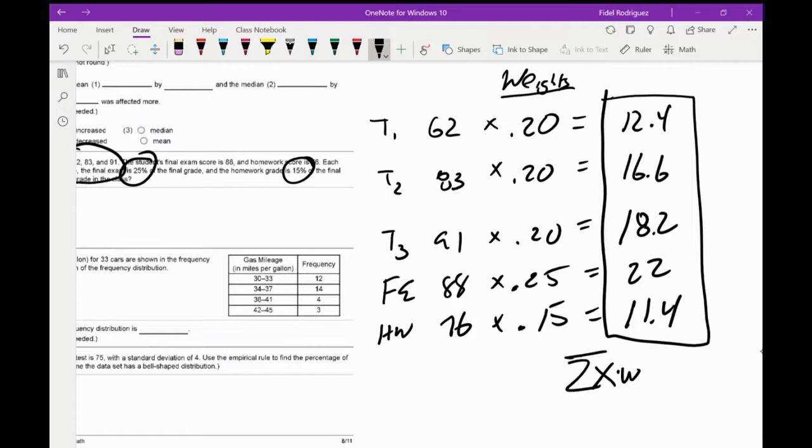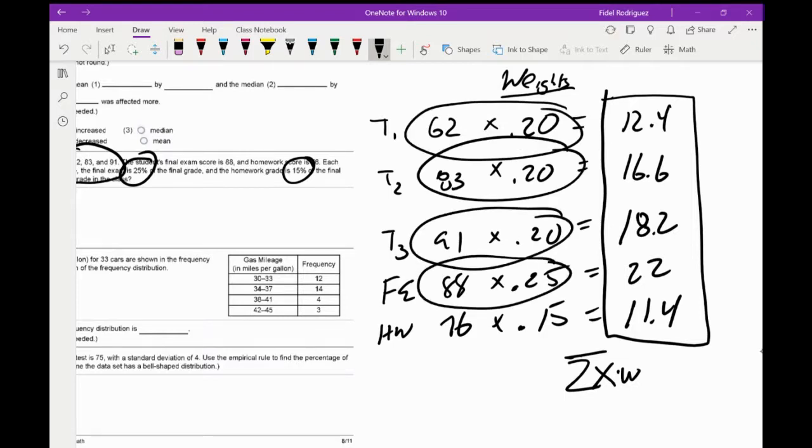got those numbers? We did a multiplication, right? So we took each of these numbers here and multiplied them each by their weights. That's why there's that little X times W. And then this funny looking E means to add them up. So I'm going to take those numbers and start adding them up. So 11.4 plus 22 plus 18.2 plus 16.6 plus 12.4 gave me an